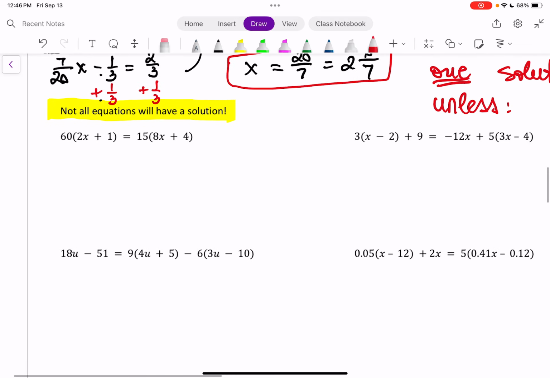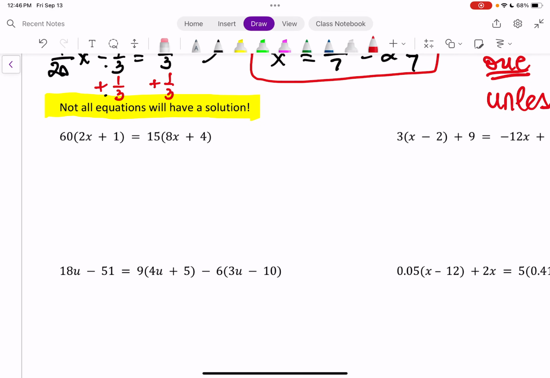So we have a couple more problems to try. Let's see what happens with these problems. So what else could happen? Well, let's distribute the 60. Again, put in your calculator. So when you distribute these, if you look at this equation, it starts to look funny because you might notice that you have the same exact quantities on both sides of the equal. Right? And if you even start by trying to get the x's to one side,